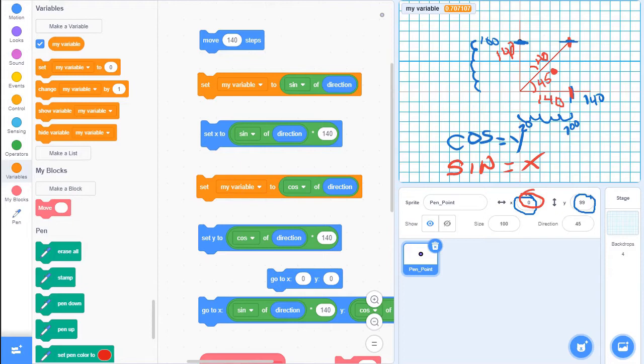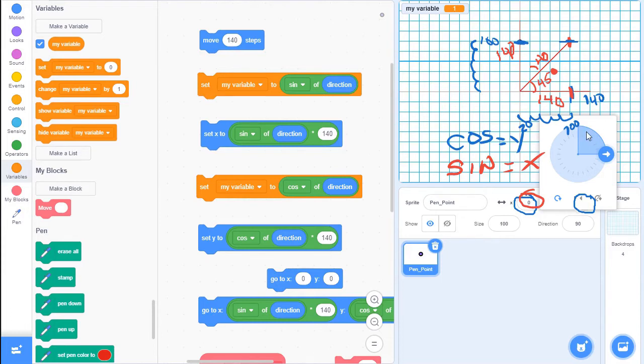Okay, so pretty cool. You already understand that sine tells us how much in the x and cosine how much in the y, and it returns a value between 0 and 1. So if I was to move this, say pointing 100% in the x direction, it's not pointing up or down in any way, it's just pointing completely to the right. Now, if I check the sine, which is for the x, you'll see that it equals 1. Because that means I will multiply that 140 by 1, so all of it will be in the x